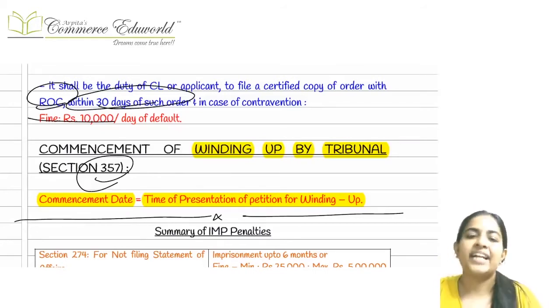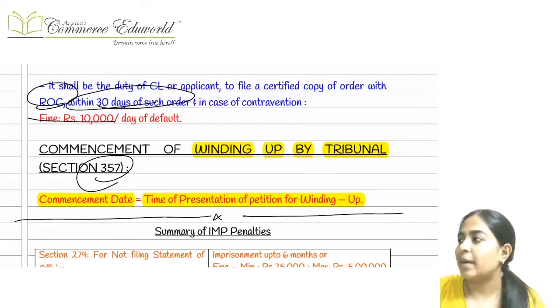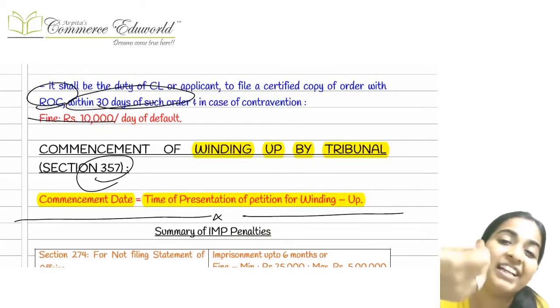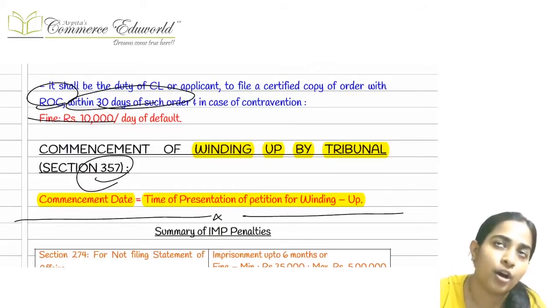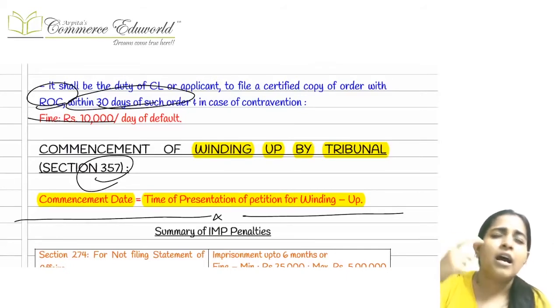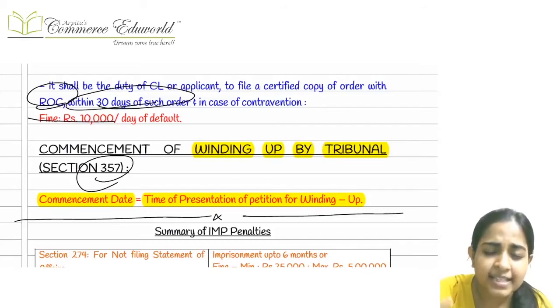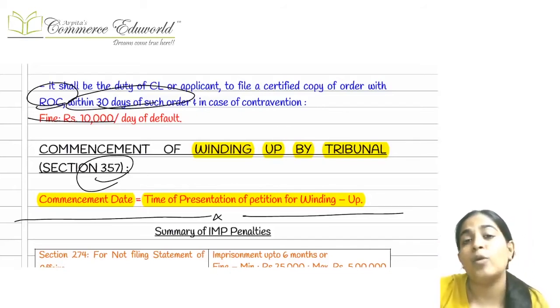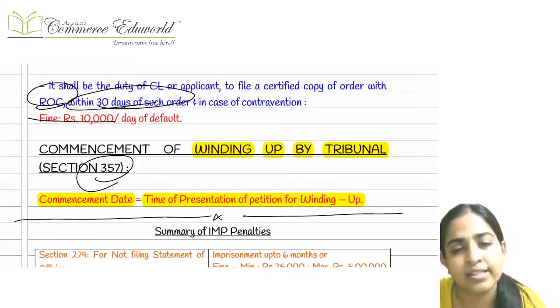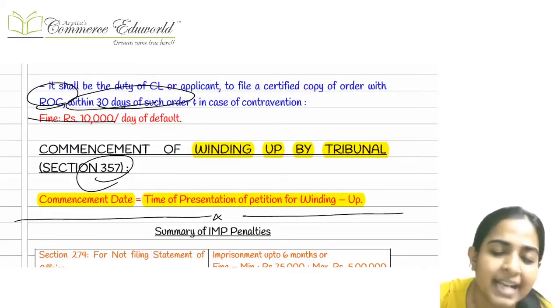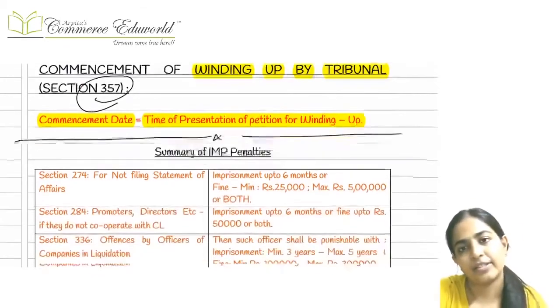Okay, and in the entire chapter, wherever they are using the words "winding up has commenced", it is nothing but the date when we had filed the petition under section 271. The circumstances in which the petition were filed, or the people who had filed the petition under section 272, whenever that was done, that was the date when it will be deemed as if the winding up had commenced.